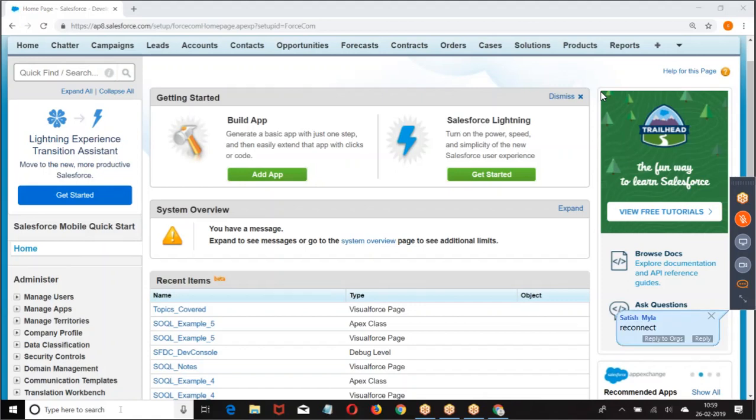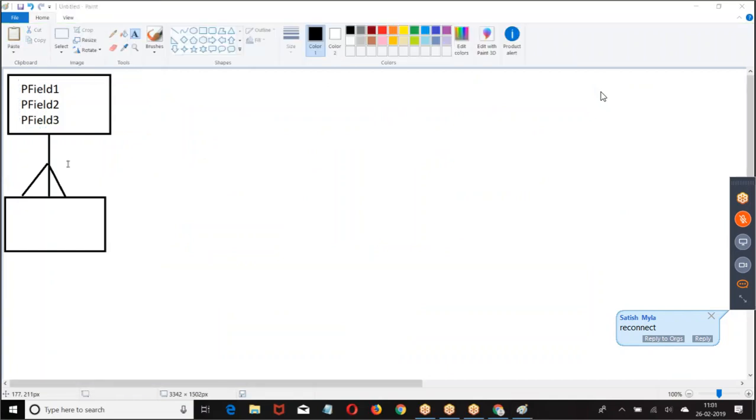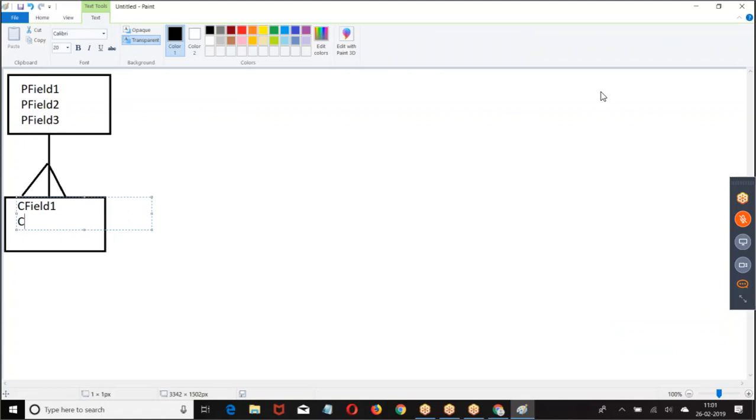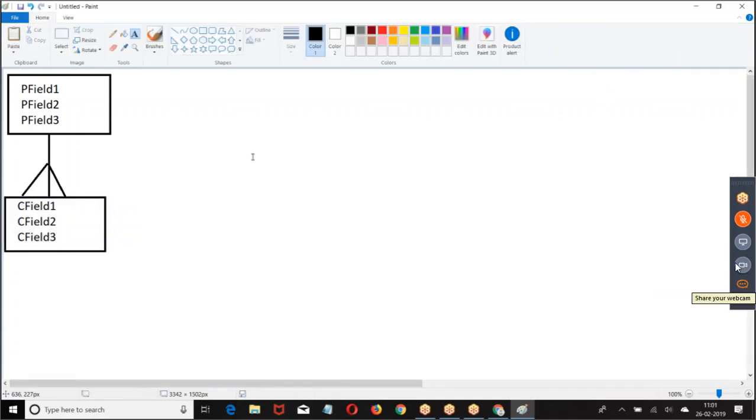Let us see now. Both the objects are here, parent object and child object. I have parent field 1, parent field 2, child field 1, child field 2. Both of them are connected by a lookup relation, or it is connected by master detail. The question is,